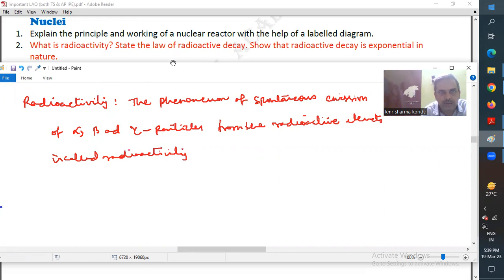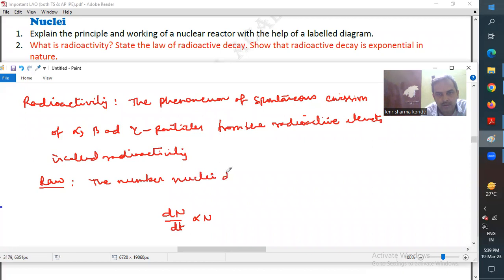Next, moving to the law of radioactive decay. Before you give the statement, first write dN by dt is directly proportional to N. So now the law is: the number of nuclei decaying per unit time. So this is dN by dt, the number of nuclei decaying per unit time at any instant,